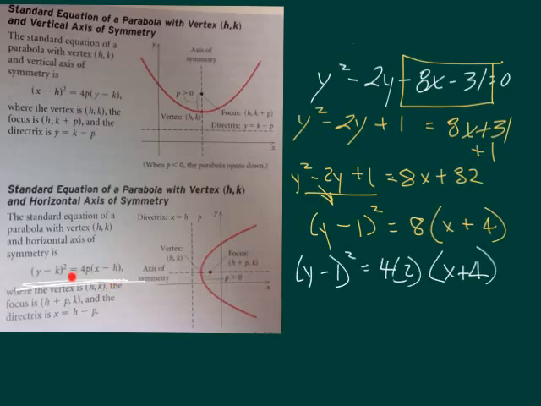Alright, now let's put it in this format right there. Notice this is a minus sign. Well, that's a minus sign, so we're good. That's a minus sign, but this is a plus, so we're going to have to make a little bit of change there. So we'll leave everything as is here. We'll leave our 4 and our 2, but I'm going to have to change this to an x minus a negative 4, just to make sure that I have a minus there and a minus there. So then that means that my h is going to be minus 4, and my k is going to be